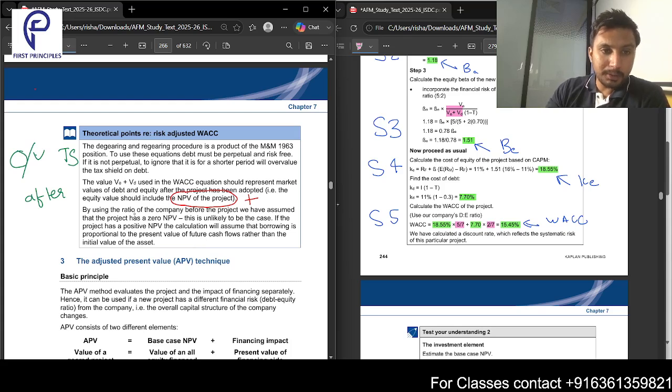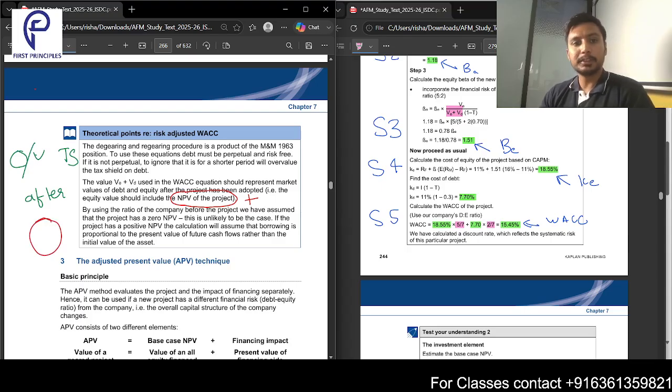But by using the ratio before the project, we have assumed that the project has zero NPV, right? Because we are still using 5:2, which was the ratio even before we accepted the project. Now also it is 5:2. So we are essentially assuming that the NPV is zero here. That's a big problem. We are essentially assuming that the NPV of the new project is zero, which might not be the case. So it overvalues the tax shields, it ignores the issue cost,